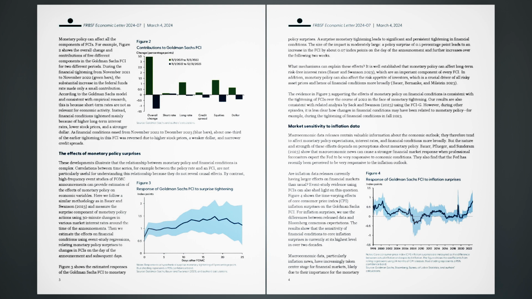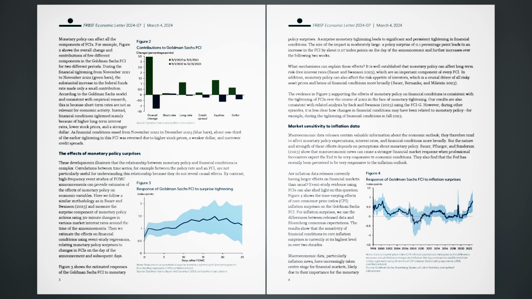Are inflation data releases currently having larger effects on financial markets than usual? Event study evidence using FCIs can also shed light on this question. Figure 4 shows the time-varying effects of Core Consumer Price Index, CPI, inflation surprises on the Goldman Sachs FCI. For inflation surprises, we use the differences between released data and Bloomberg consensus expectations. The results show that the sensitivity of financial conditions to core inflation surprises is currently at its highest level in